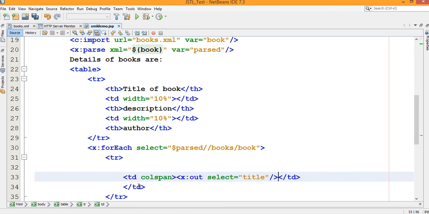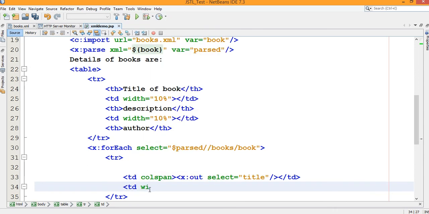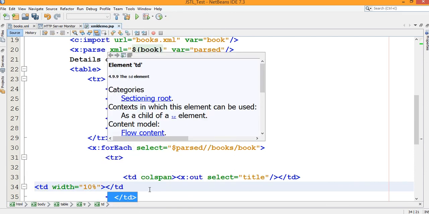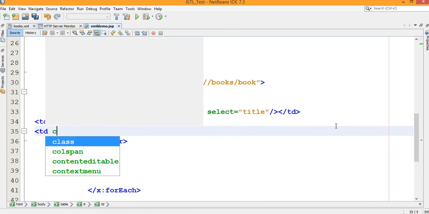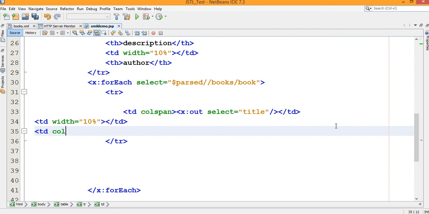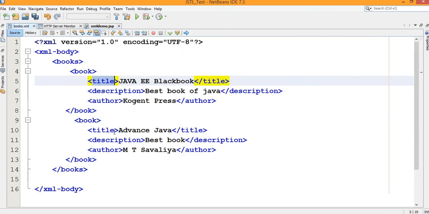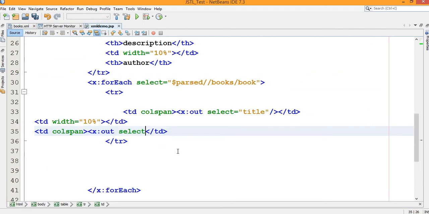Similarly you can do this: you want some spacing, so again you can write td width equals 10%, so that everything will look good. Again I want to print description and author, so td colspan, x:out select. What is another tag we are using here? Description. So what do you need to write here? Select equals description.